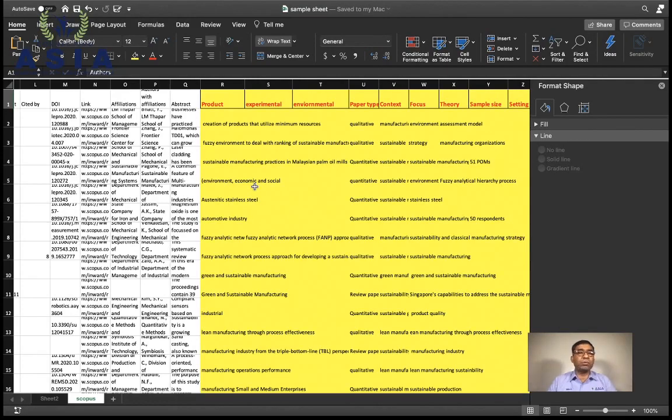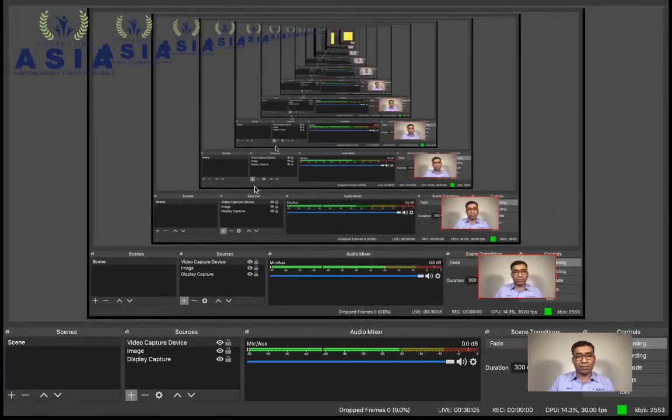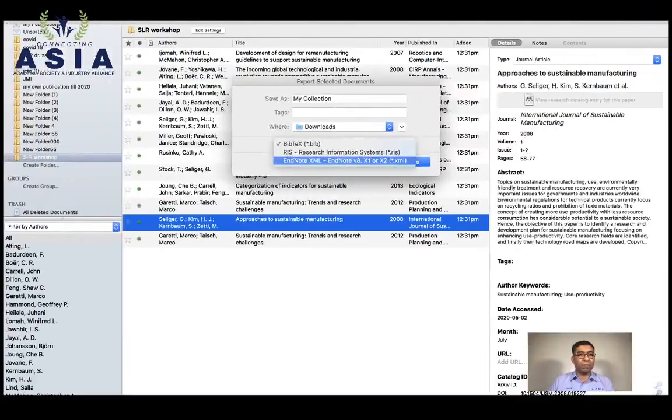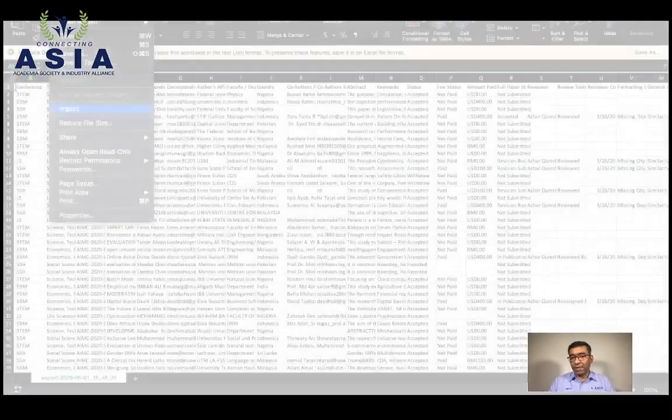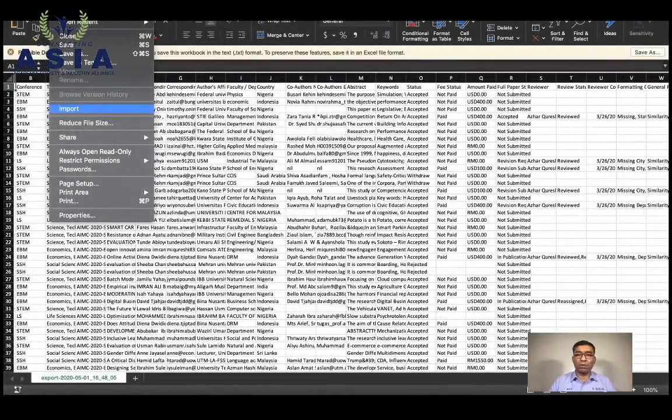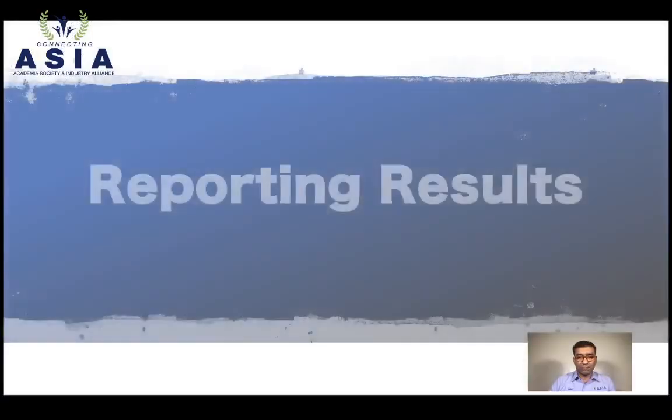So this is how you can do your research in a very good way. It is not required that you work with Scopus only. You can do it in Google Scholar or any other database. So this is the tip for those who don't have access to the internet or to Scopus or any other databases. I hope this will work for all of us, and we can